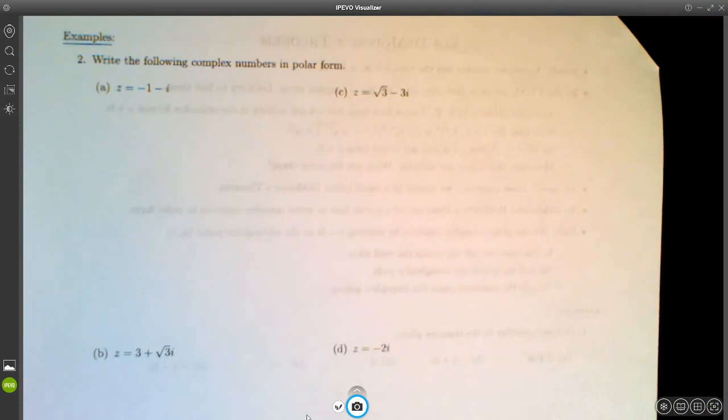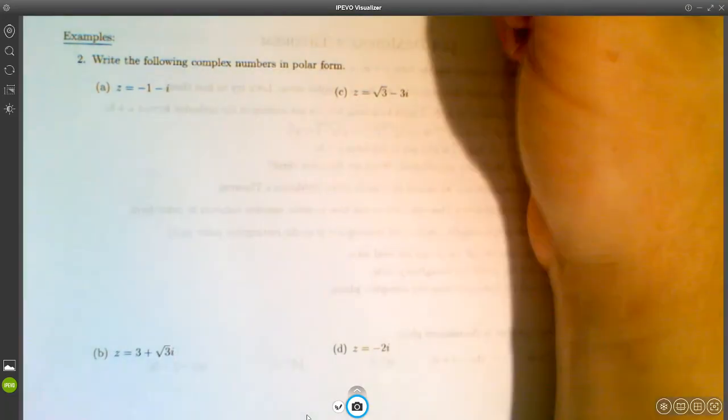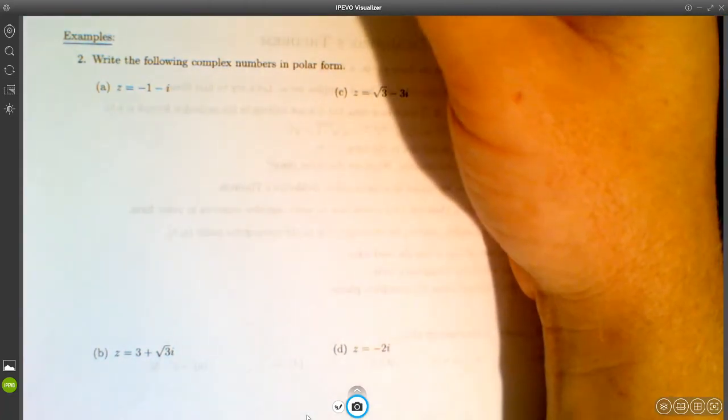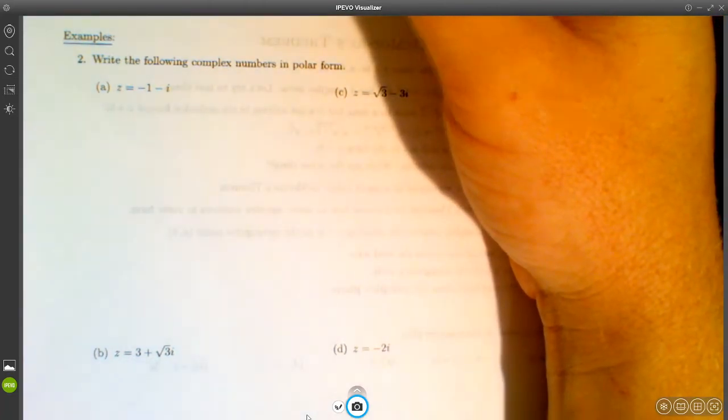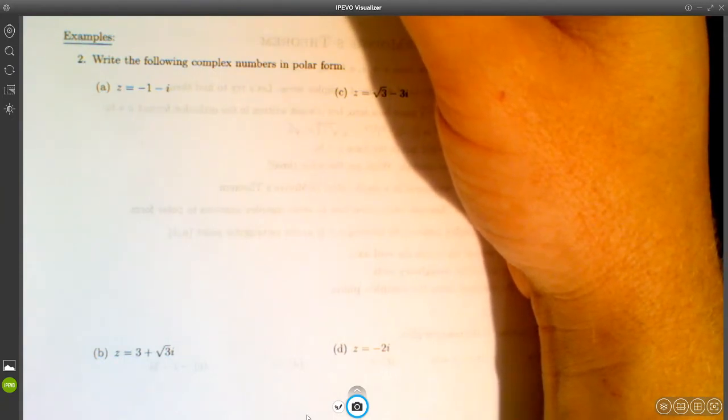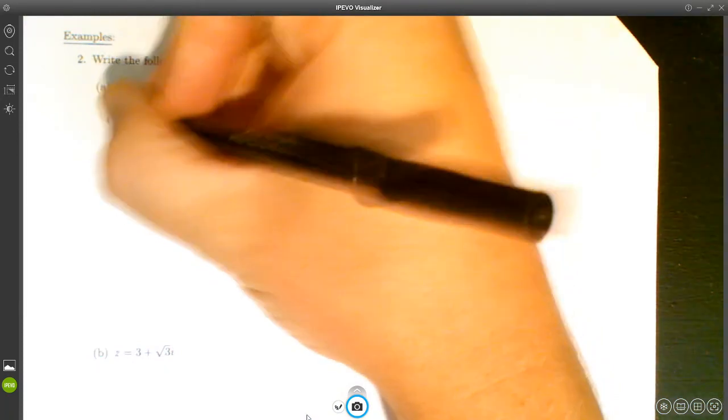So let's practice doing that. Write the following complex number in polar form. Let's do it. So the first thing I need to do, well, actually, I guess the order doesn't really matter, but we need to find r and we need to find theta. R, as we said on the previous page,